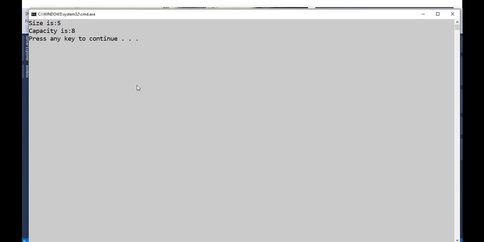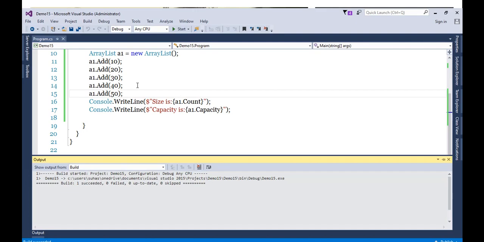It is 8. So the capacity gets increased in multiples of 4. And obviously the size or the count is nothing but the total number of elements present in your ArrayList. So this is how the capacity and count relationship is.